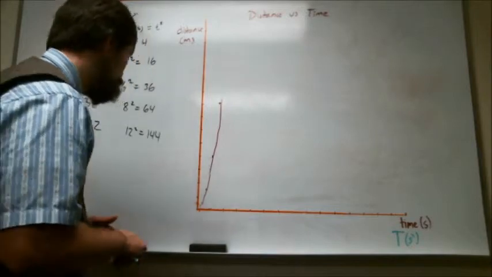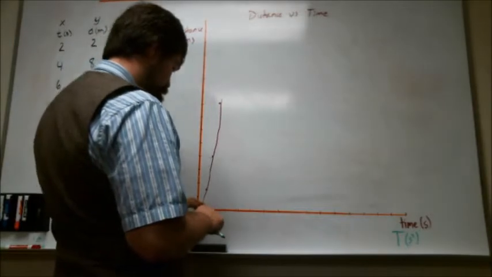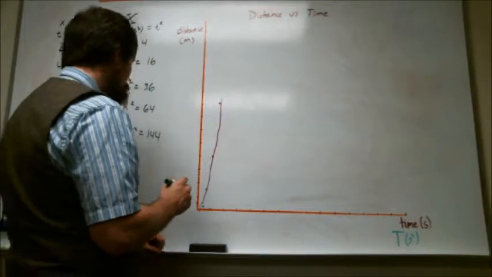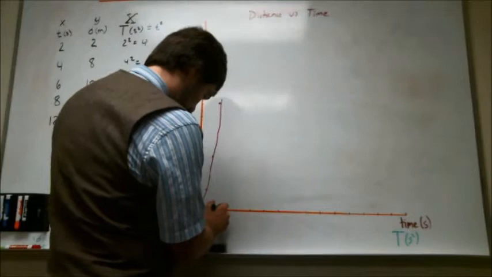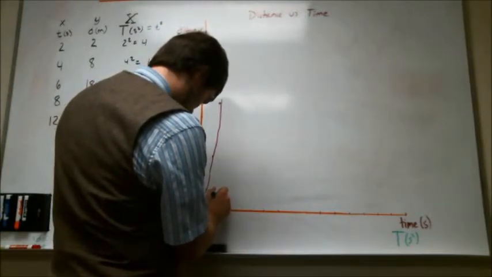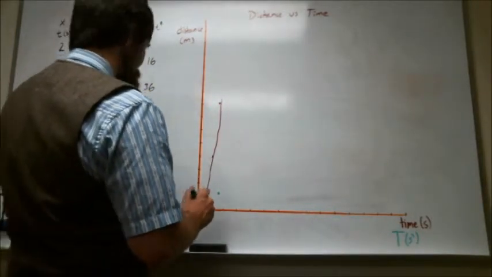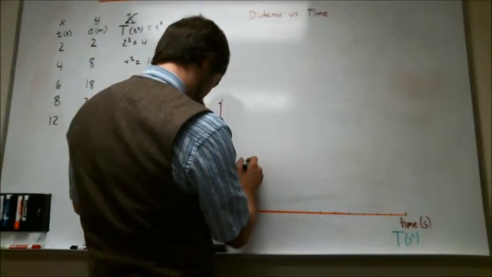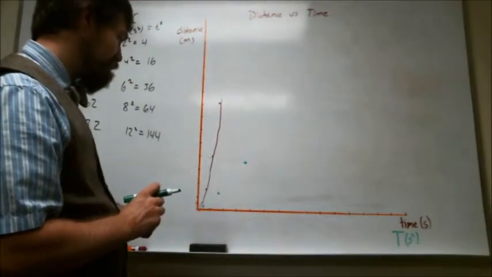So we see that we need to have 4, 2. So 4 was here, 2 was here. That gives us a dot right around here. We need to have 16, 8. So that's probably around here. We need to have 36, 18. Be about here. And we need to have,